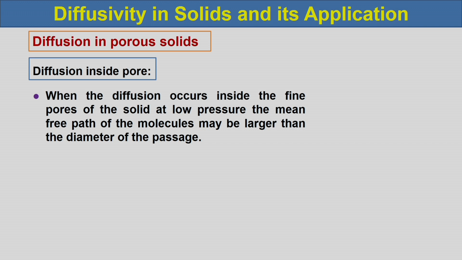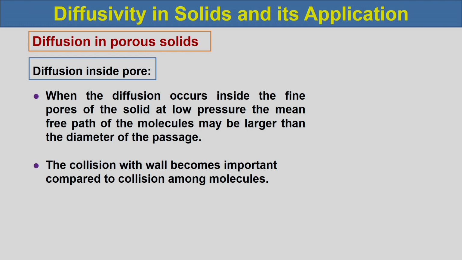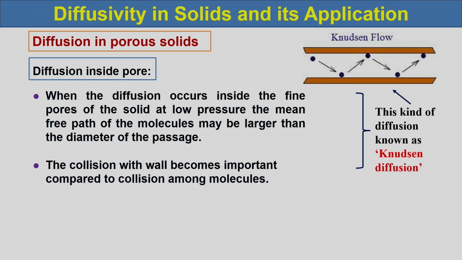When the diffusion occurs inside the fine pores of the solid at low pressure, the mean free path of the molecules may be larger than the diameter of the passage. The collision with the wall becomes important in this case compared to the collision among the molecules. This kind of diffusion is known as Knudsen diffusion, and you can see the solute molecules pass through the